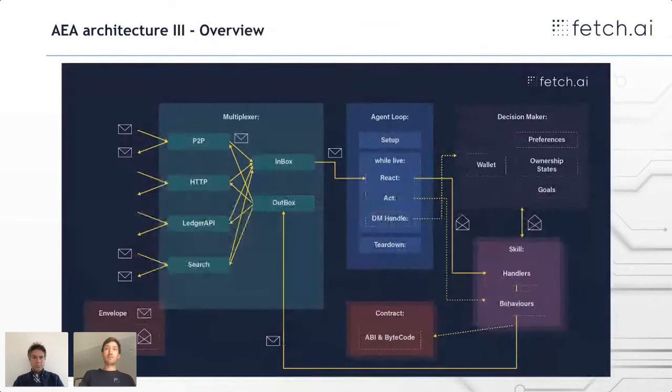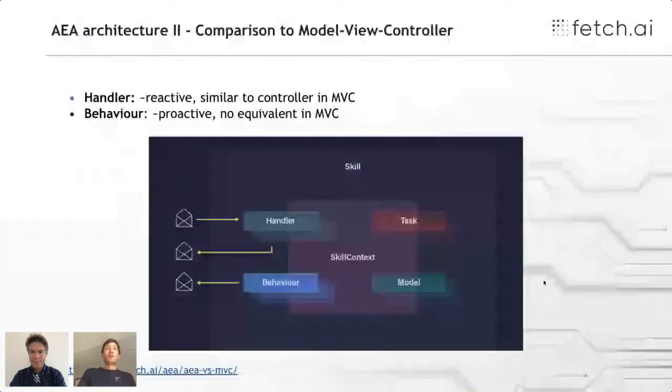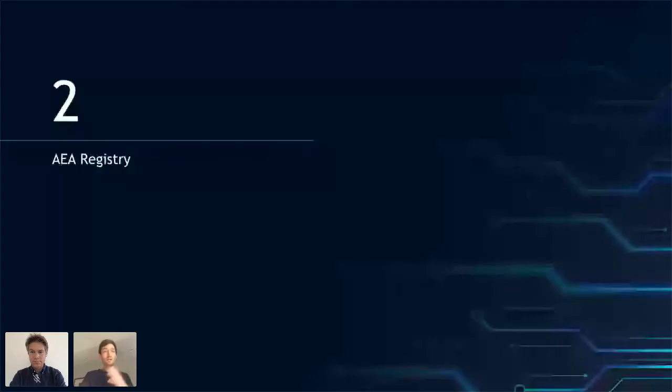So this is the potentially daunting picture, and I'm not going to go through it, but you can have a look at it in the end. It boils down pretty straightforwardly to the fact that we have a lot of messages which are being passed between these components. And as a developer, you mostly have to understand what a skill does, i.e. what I was introducing here. So that's it for the high-level introduction of the AEA framework.